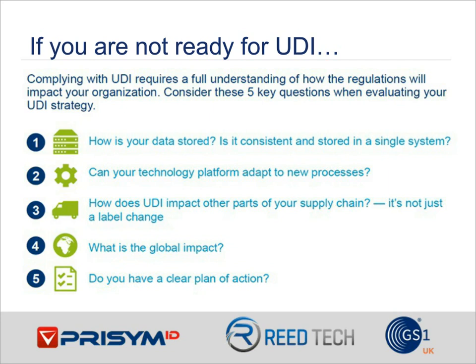Can your technology platform adapt to these new processes? How does the UDI impact other areas and parts of your supply chain? It's not just a label change, as we've indicated and gone through here. What's the global impact, and do you have a clear plan of action? So if we go on to the next one,